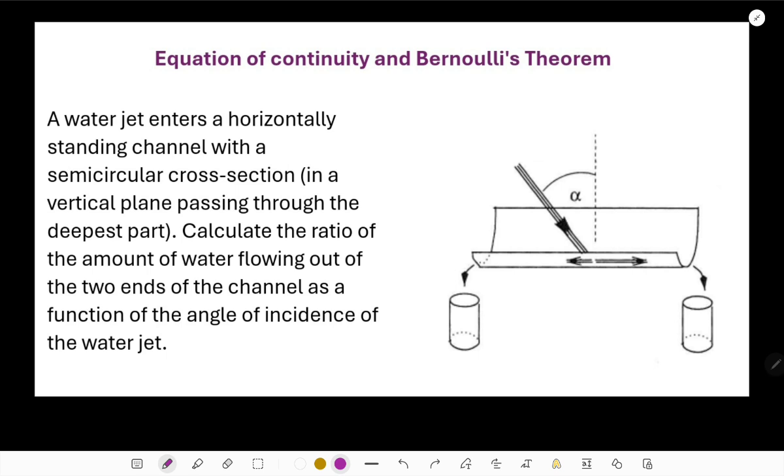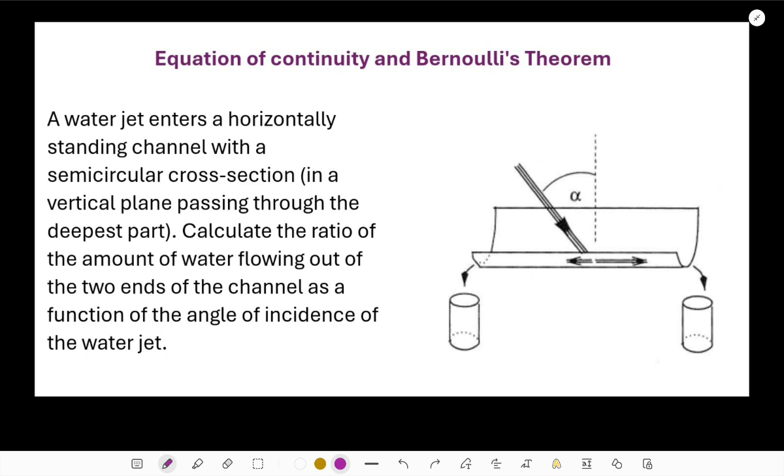So, to solve this problem, however, the phenomenon under study, that is the penetration of the water jet into the channel, its spreading and splitting into two parts, is in general quite a complex and complicated process. So we need to use some simplifying assumptions, and so hereby we assume that the flow is laminar,